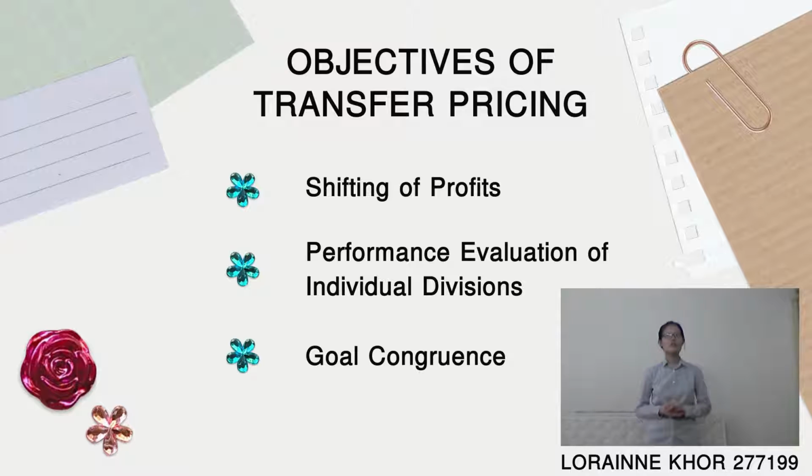The third objective is goal congruence. The transfer pricing should be configured in such a manner that the divisional earnings of each of the divisions are quite consistent with the goal of the parent company. The focus should be such that the profit margins of the subdivisions increase while it will not affect the total profitability of the parent company. Transfer pricing needs to be configured in a way where the company profit as a whole improves.